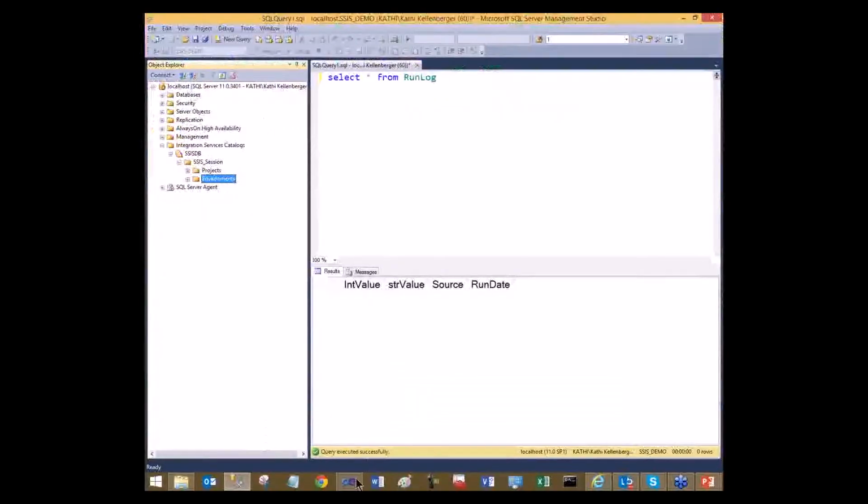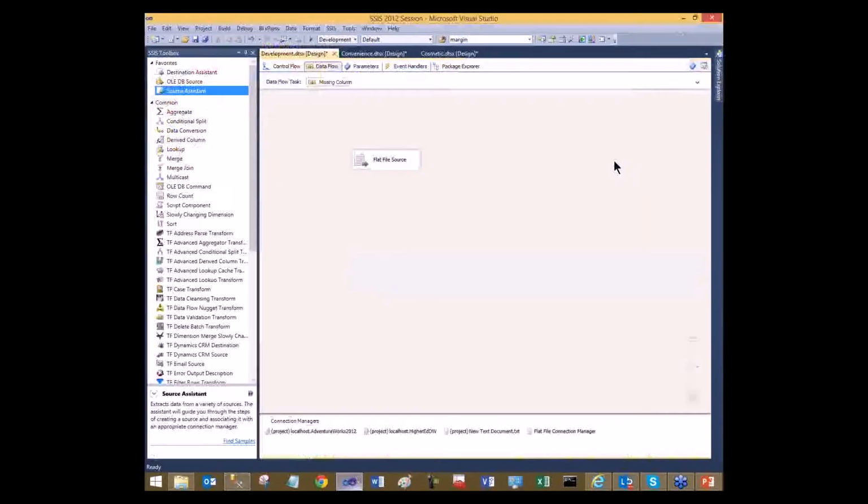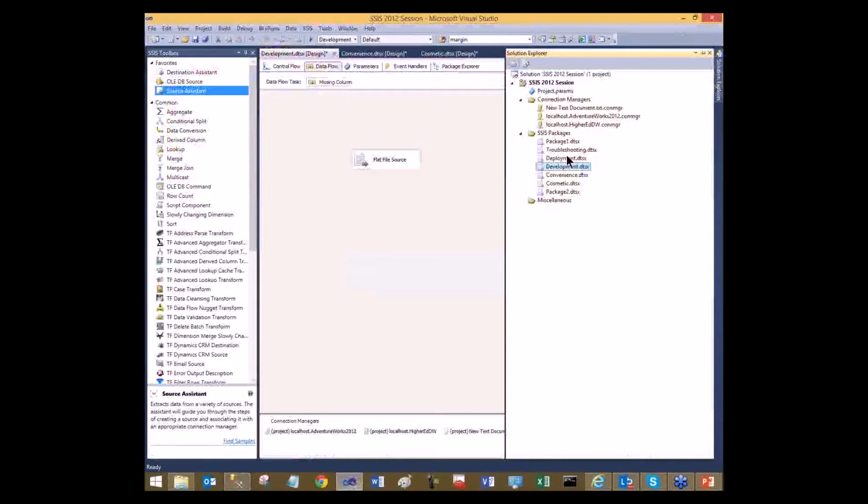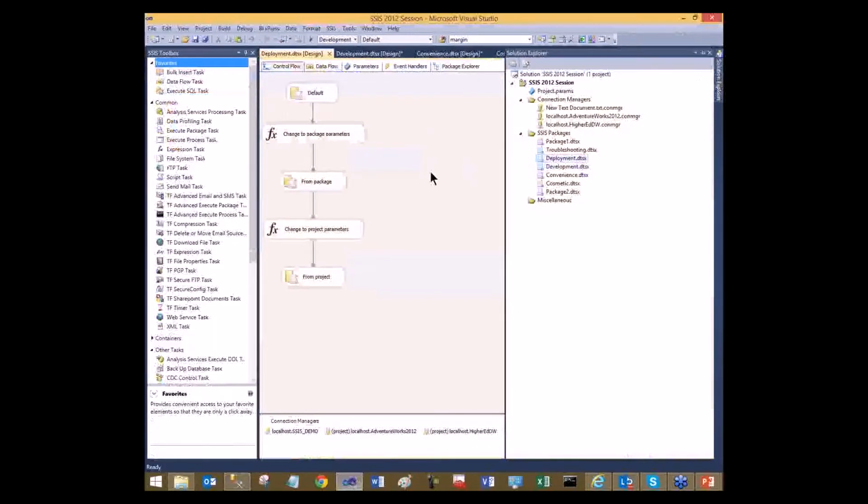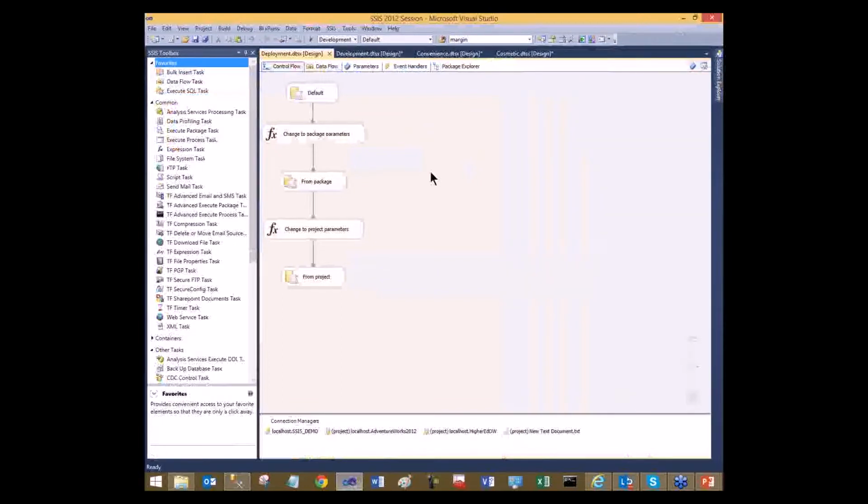So let's go back to Visual Studio and take a look at a package that we're going to run just to see how some of this works. So really the next thing I need to talk about is parameters. Just like connection managers,